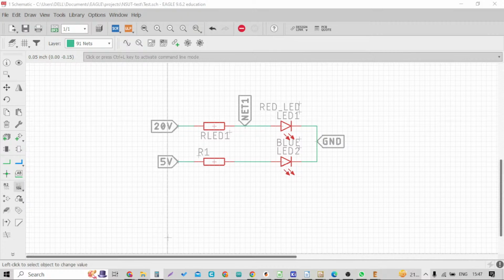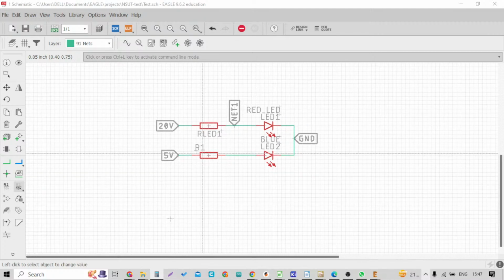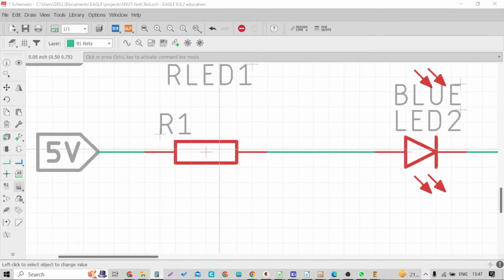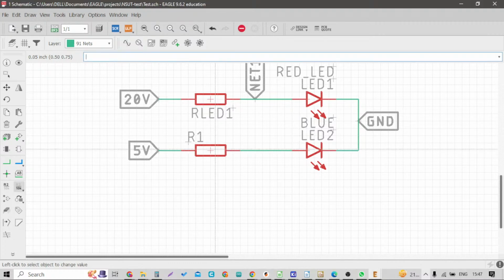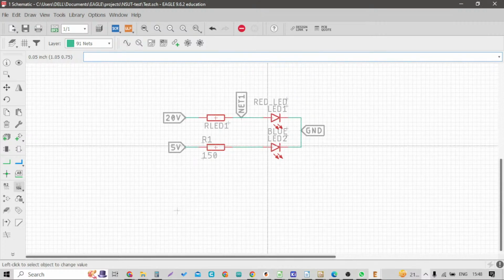I can calculate for it, and based on that calculation factor, so normally for a blue color LED where I have taken the voltage as 5 volt, the value will be around 85 as per calculation, but there are specific values of the resistance that are available. So I will go for either, let's say, 100 or 150 ohm. I will be using the value for a blue LED,